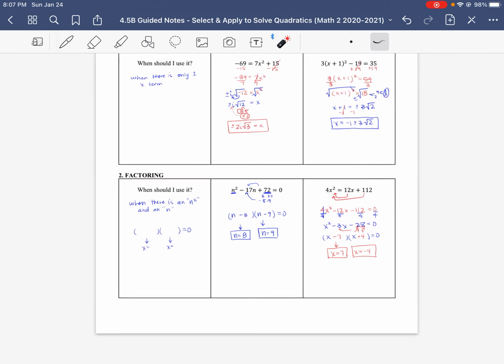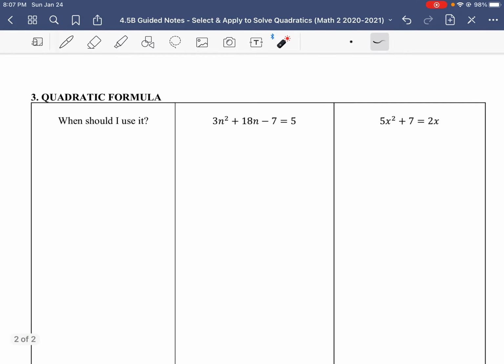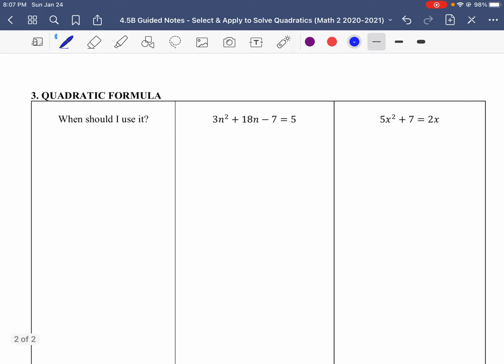Okay. All right, the next method is the quadratic formula. So I'm going to write the formula up here. Now remember, the quadratic formula you can use at any time. It takes a little bit longer just because we have to plug in the values. But again, if